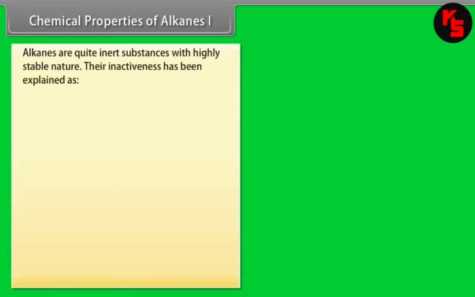Chemical properties of alkanes, part 1. Alkanes are quite inert substances with a highly stable nature. Their inactiveness has been explained as follows. Number 1: